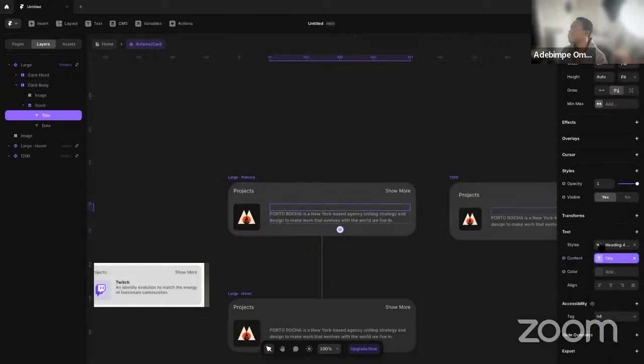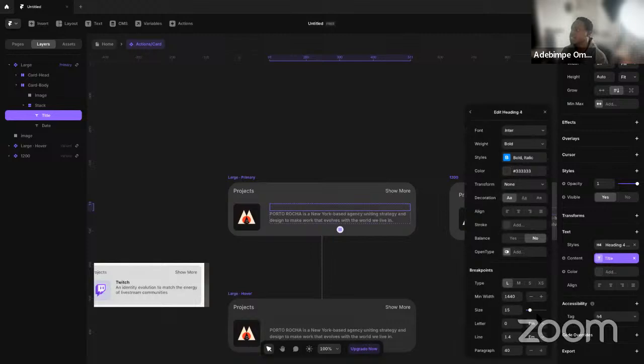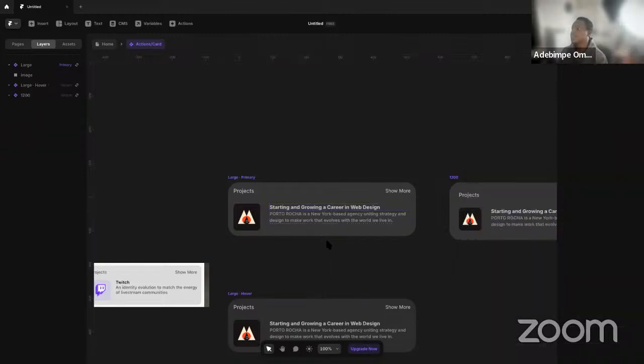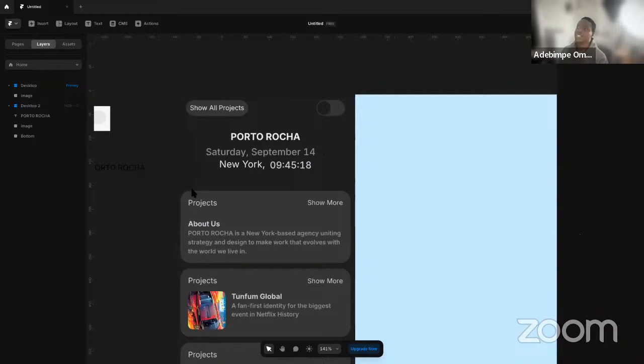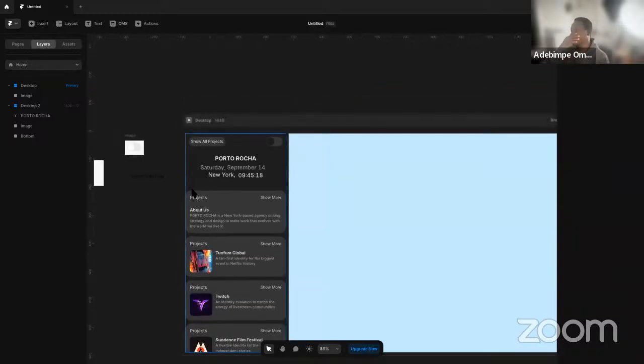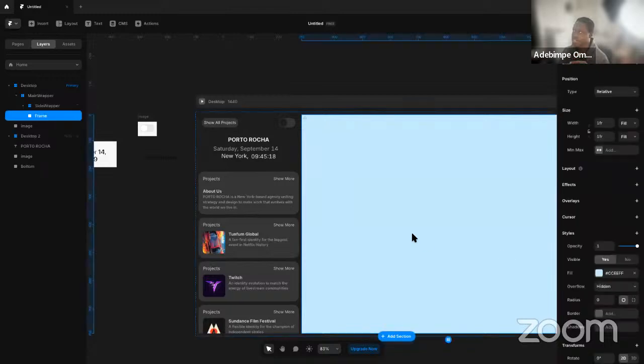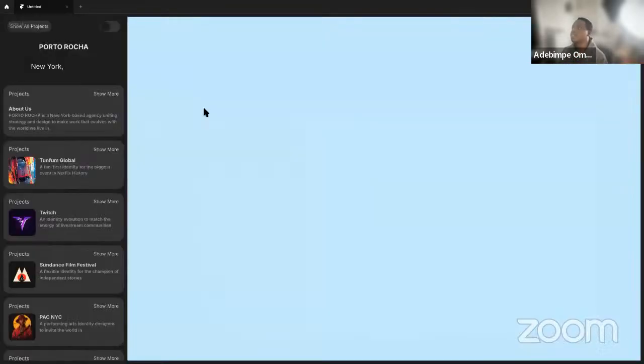So for this one now, I have to come over here, click on edit, and then you want to come to where the color is and pick what it is again. So for this one, I'm going to pick text secondary, because it's already elevated, so you don't want too much contrast. So this is how you'll be able to switch to light mode and dark mode easily at no extra time. So now we have all of this section here, and you can see when you hover,